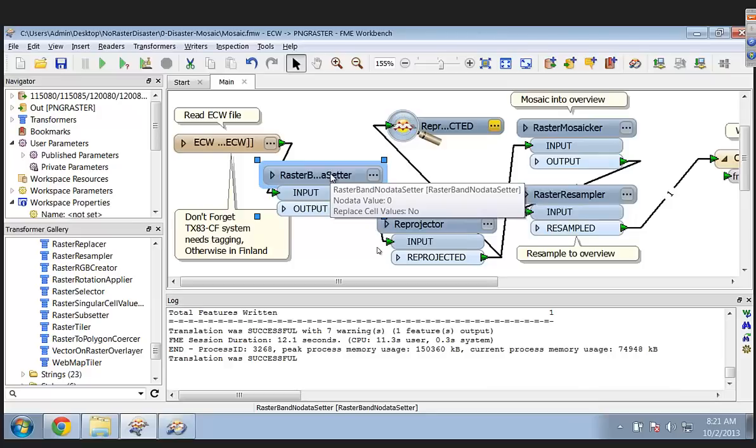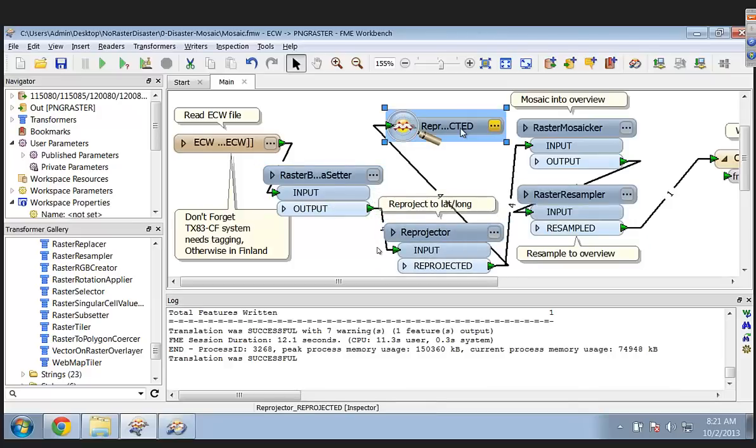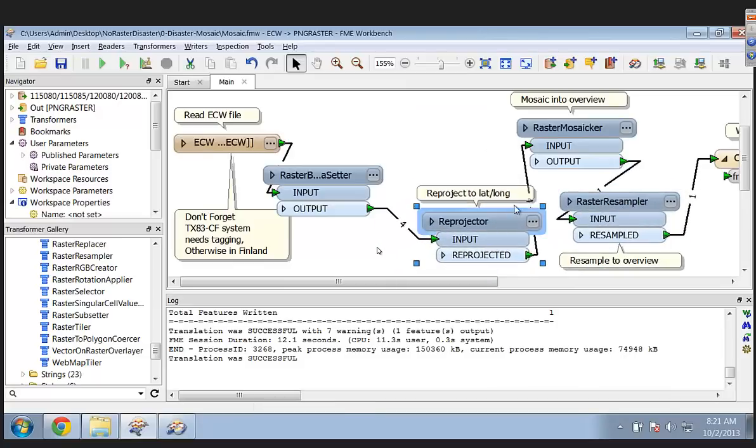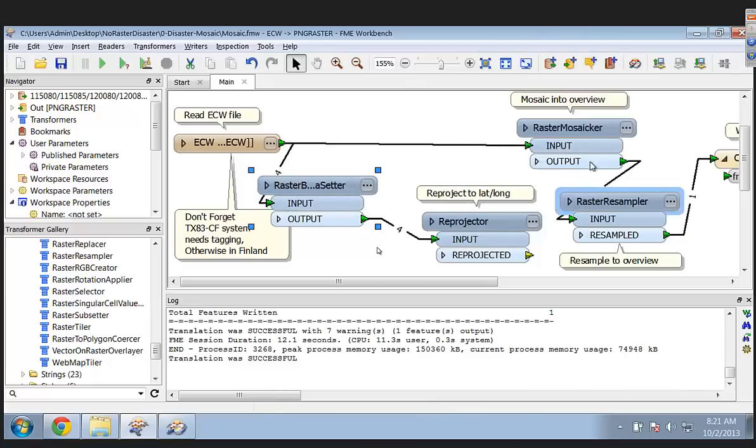You wouldn't get the gaps, but you would have the black triangles around the outside edges, which may not look as nice. But if you're going into something like JPEG or any other lossy compressed format, it's pretty much what you're stuck with. So what we'd have done then is deleted that and done the mosaicing first. Yeah, like that. And then we would have taken the results of the mosaic.